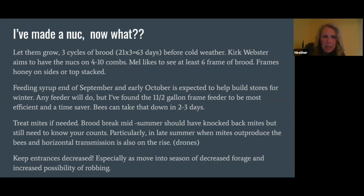You're also going to treat mites, okay? When you have those brood breaks in midsummer, that should have knocked back the mites naturally. And they've also done that when you did it in May. All those starts got a brood break, except for your artificial swarm. So